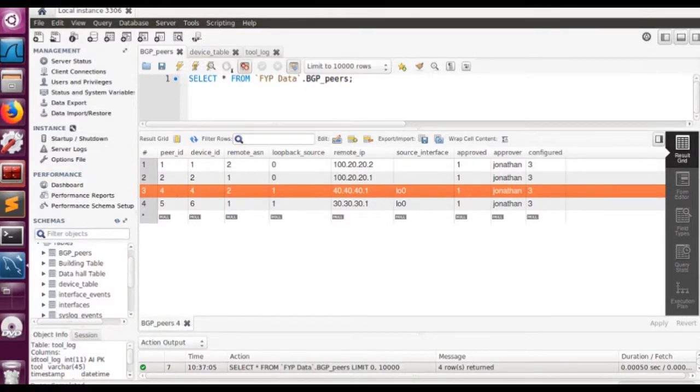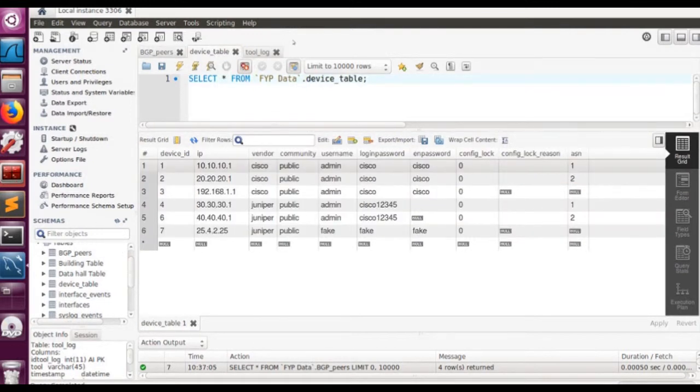The final thing that I just want to show off as part of this is the database. Now, the database is obviously quite key to my piece of automation and the implementation that I've actually done. And it basically links everything together. So we have, to start off with, the device table, which in this case I've included within it the community